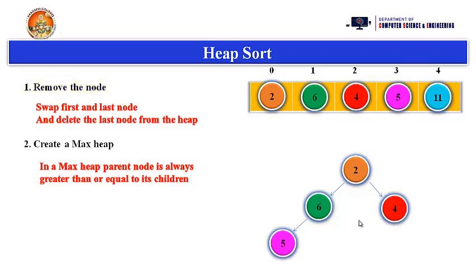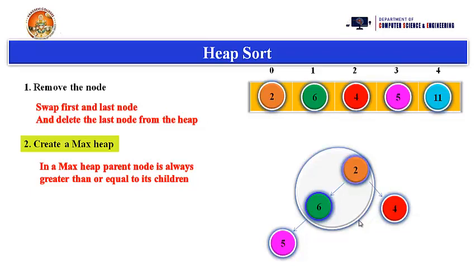Then after removing the element, again we need to check whether the tree is in max heap position or not. Now suppose we take 5 and 6, among these two 6 is the greater and it is in the correct position. Now next go to the higher level. Among 6 and 2, 2 is the minimum one, 6 is the greater one. But it is a max heap tree, so we need to take 6 as the parent node. So we need to swap these two elements here. Then 6 becomes the root node and 2 is the child node. Then we need to swap the elements in the array also. Swap the 6 and 2 values here.